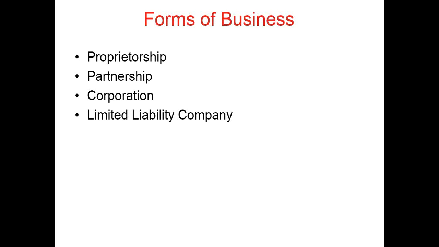Here's a listing of some of the differences in the forms of business. And please note that the line with limited liability company is strictly as it defaults to. This entity can make elections, they're called, so that they can operate in different ways.